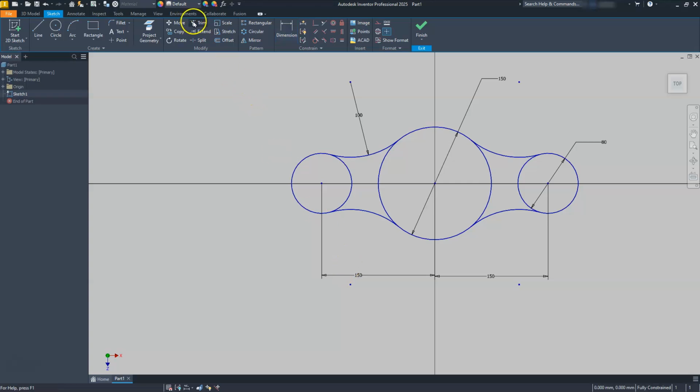Let's do one more trim here. So when I trim, I'm hoping that it does not lose that connection between both of these arcs, and you can see that's exactly what happened. So that's one of the things I was kind of afraid of. Let's go ahead and put a dimension back on here, and remember that it wants to assume that you want a radius dimension. 75 happens to be half of our 150. I can leave it setting at the 75,